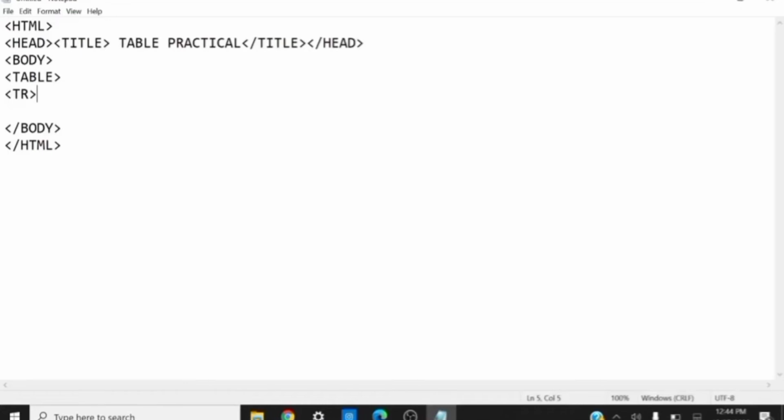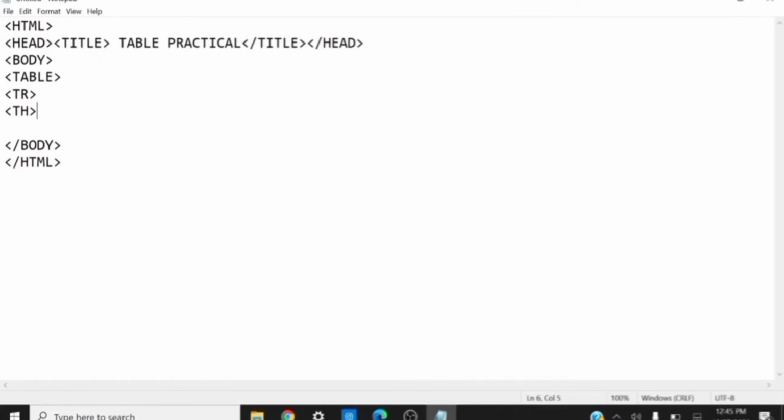The next tag that we have to write inside this tr tag is th. Th represents the table header. This tag can be used in place of the td tag if we want to show the associated cell values as a row or column heading. Meaning if we want to make any heading in our table, then we will use the th tag.